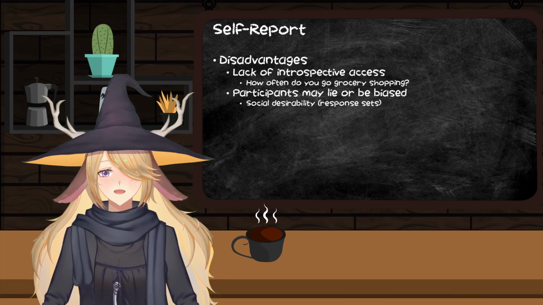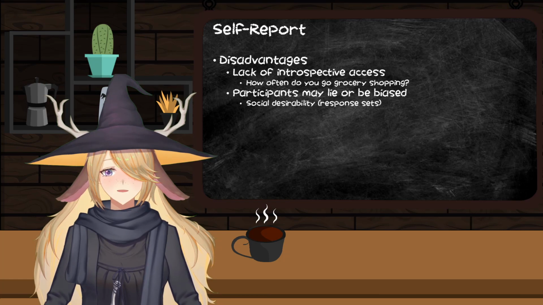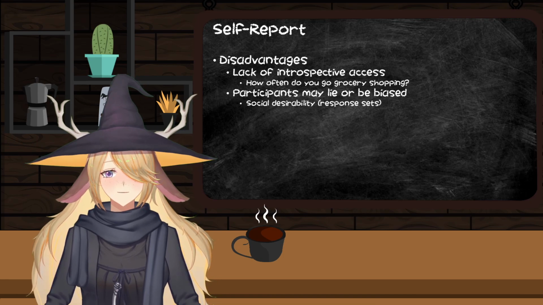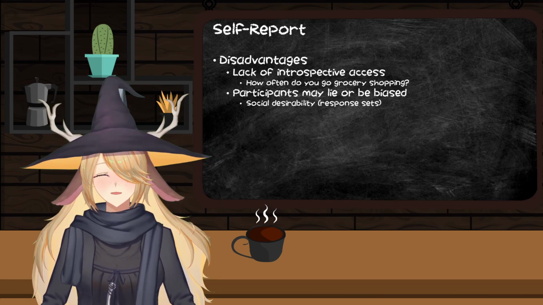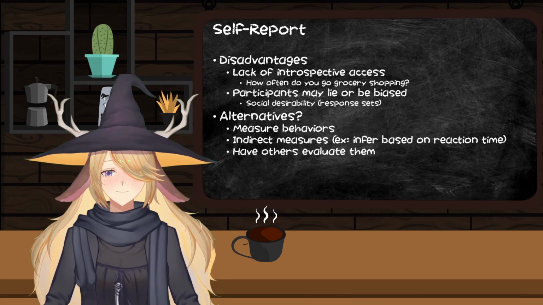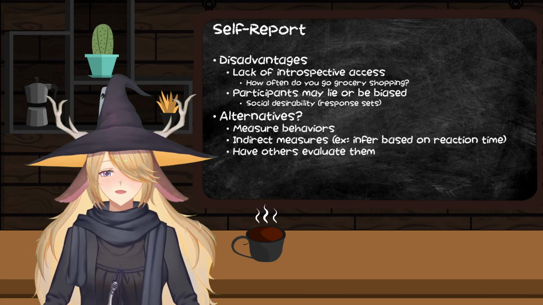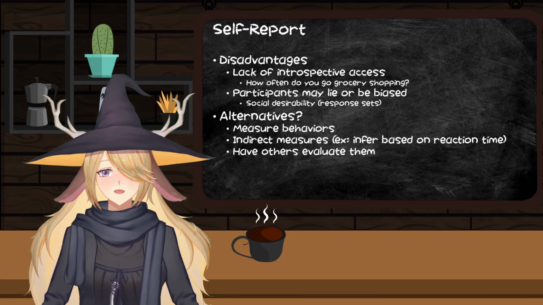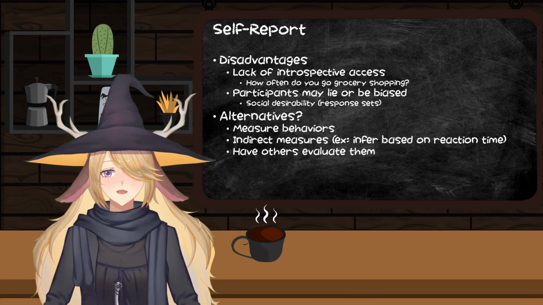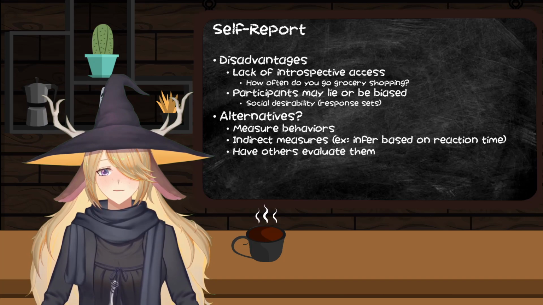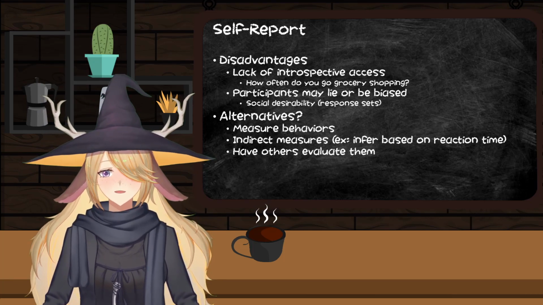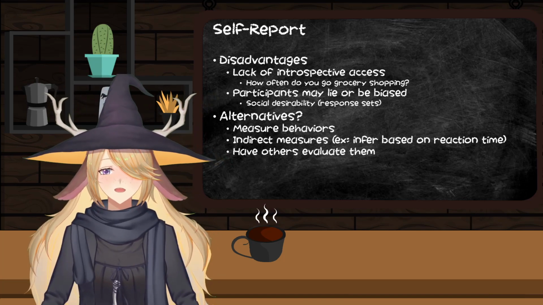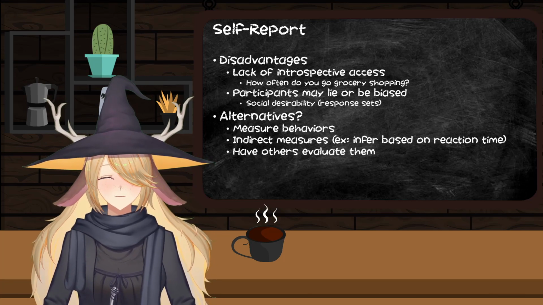Also, people lie. I mean, 40% of cops will admit they beat their wives, but you know what? Some percentage of that 60% are lying about it. At least that's what I'm willing to say, probably because of social desirability. So what else can we do? Well, we can look at behavior. We can use indirect measures like inferring based on reaction time, or we can ask other people so that we get around this idea of self-report. So, instead of asking how often do I go to the grocery store, you might ask my partner, how often does Ricky go to the grocery store? And in that case, you might actually get different answers, right?